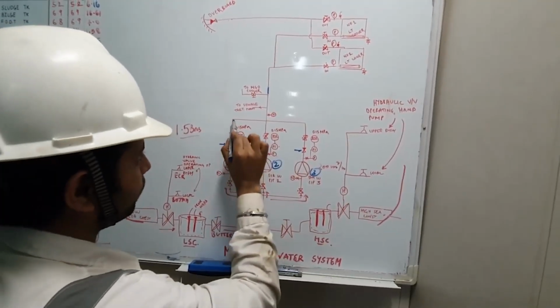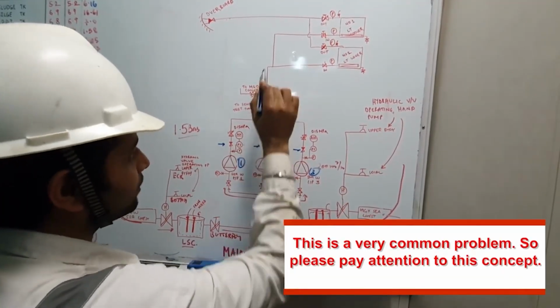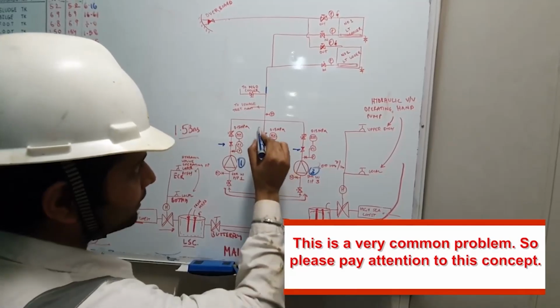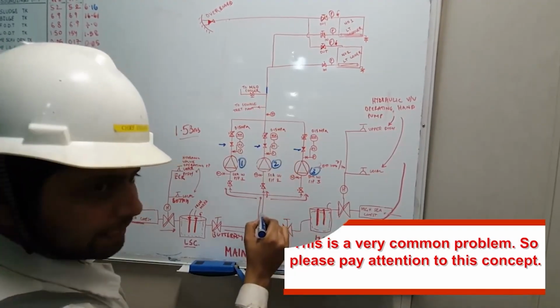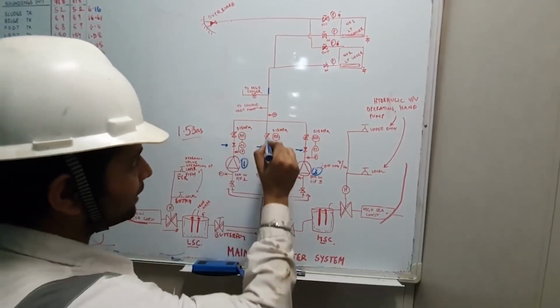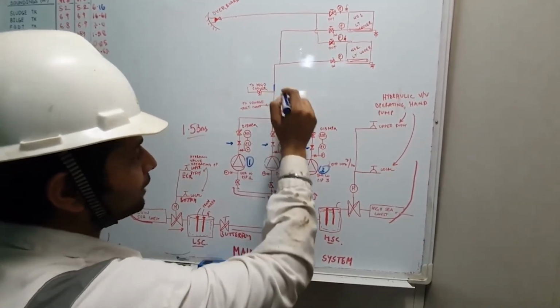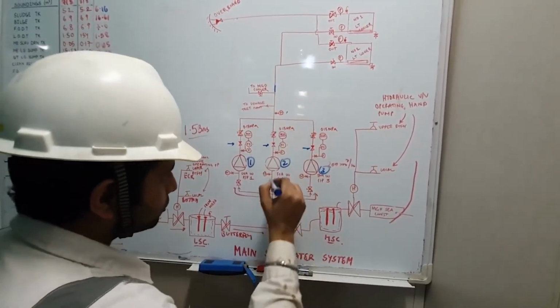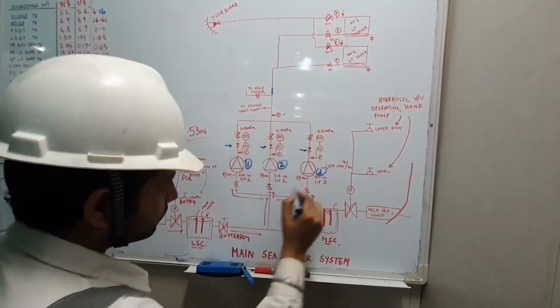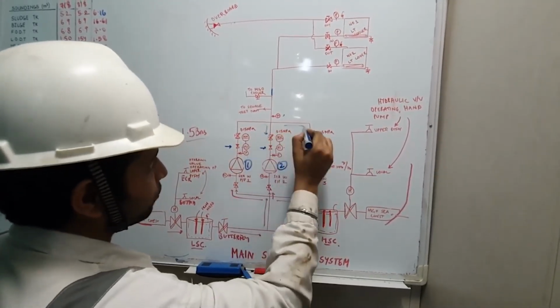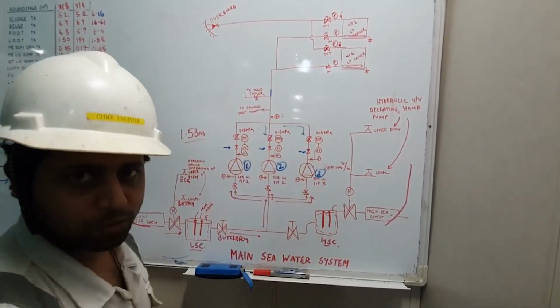So what happens is, water comes from over here and it is going over here. But if this non-return valve is not fitted, then this water will also go down over here, right? So what will happen? There will be a short cycling. Rather than water going only to the upper side to develop pressure over here, it will also short cycle down. So there will be very less pressure developed over here.